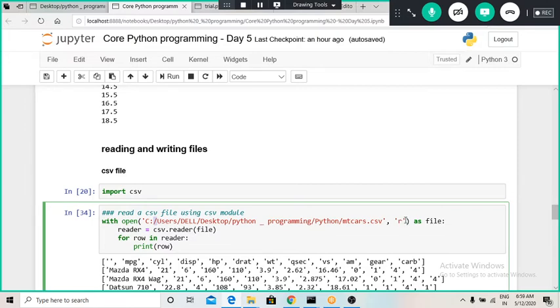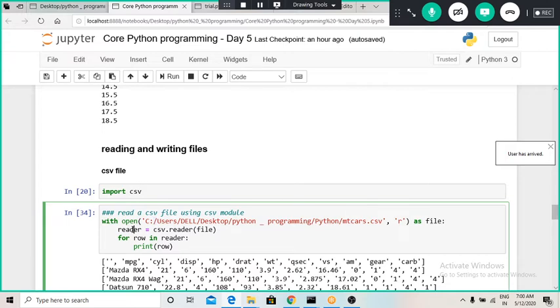We have to define this whole thing as a file, and then reader equal to csv.reader, an inbuilt function in this CSV package, with whatever file we have defined. This function will import the file stored at this particular location, and the file will get assigned to a variable named reader.